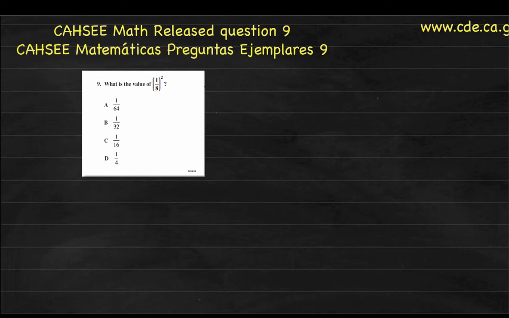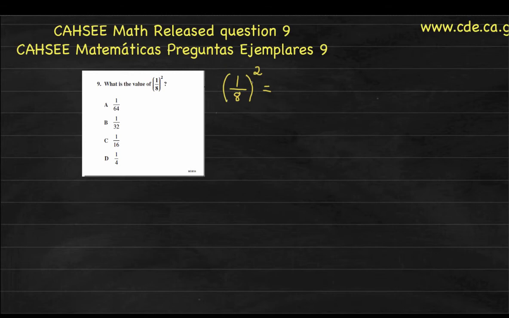So what do we need to do to find the value of 1/8 raised to the second power? Well, first of all, we need to know what a power is. Here I'm showing 1/8 with parentheses and the little 2 on top. A power is a short form for writing repeated multiplication. So this expression is really showing a multiplication of repeated 1/8.